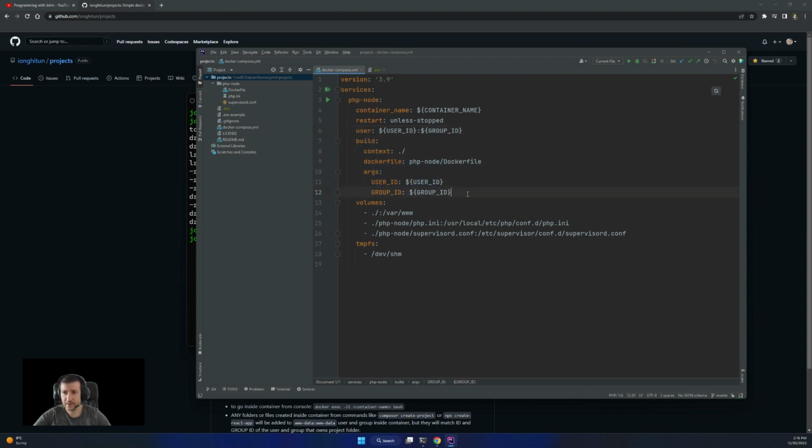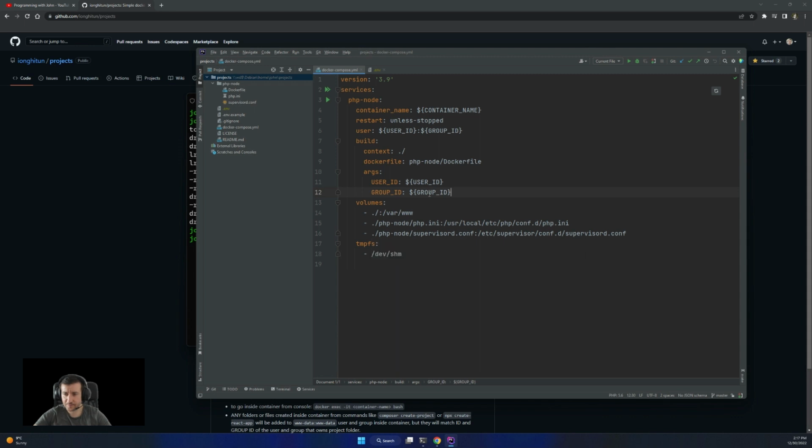For the build, we can either use an image or a Dockerfile. It's recommended to use a Dockerfile if you want to do more than what's in the image, but in some cases the image is just fine. For example, with MySQL we don't want to alter the image, we just want an extra conf in there that can be easily put as a volume.